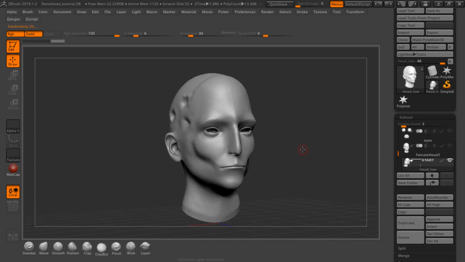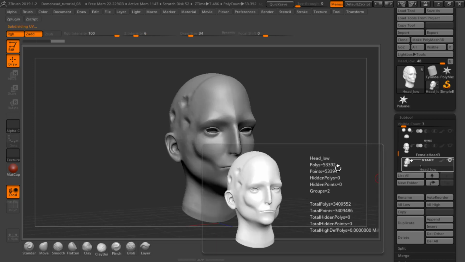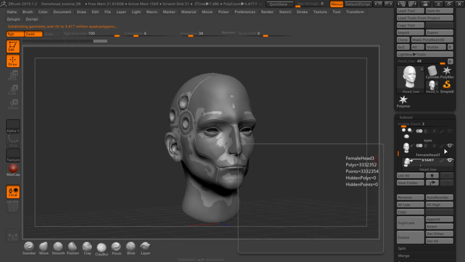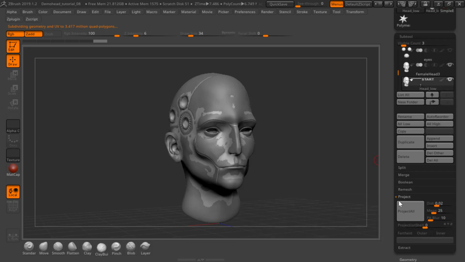I'll add a sufficient subdivision. Open it in Photoshop. Yeah. So around 3 million. Project all. So yeah, this was what we were doing yesterday. It's a bit confusing, like,